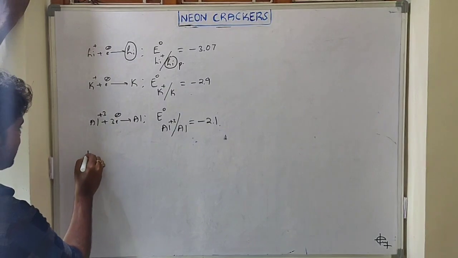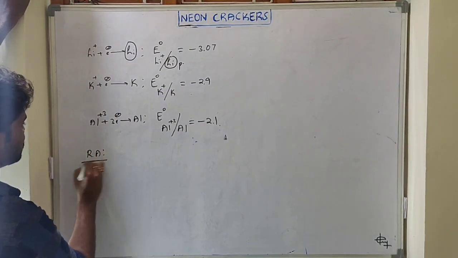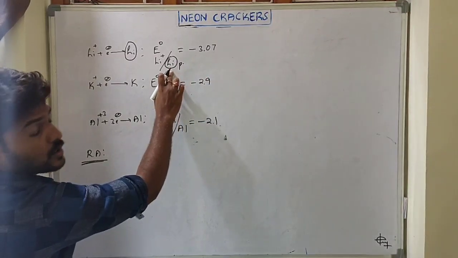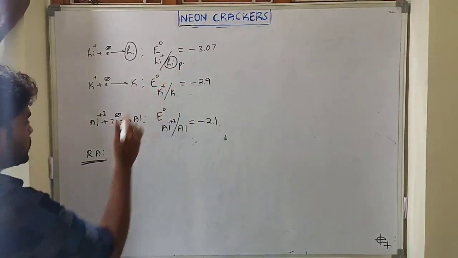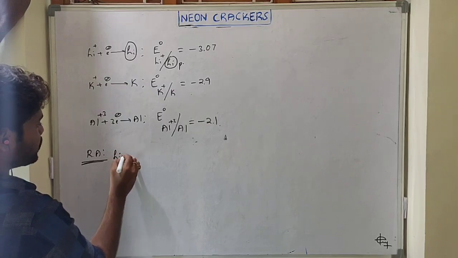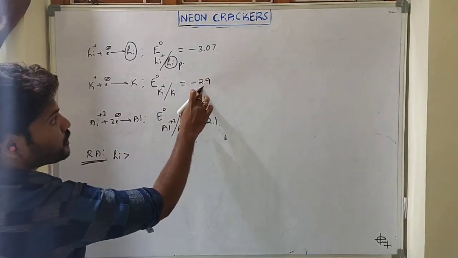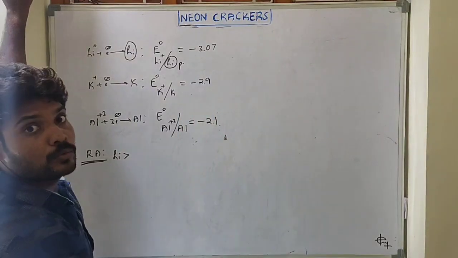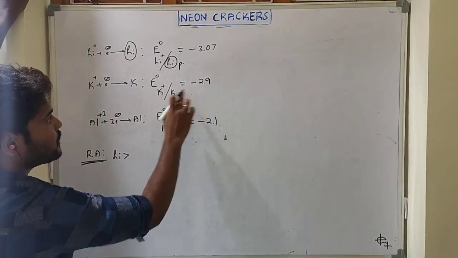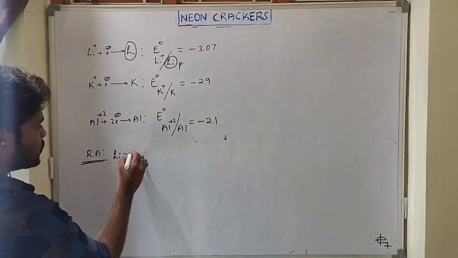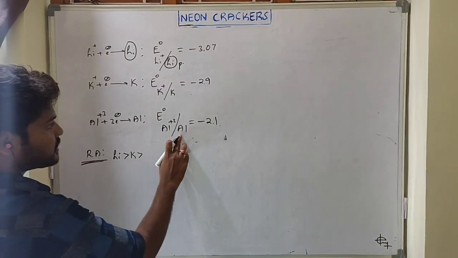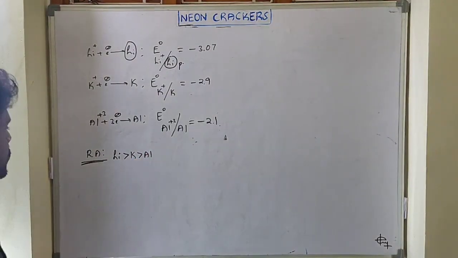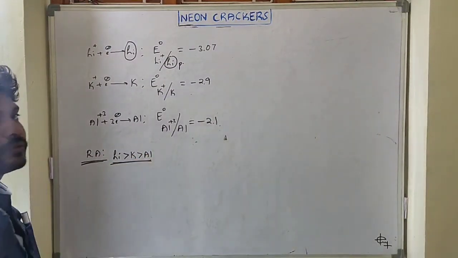So what is the reducing agent order? The strongest reducing agent is the one with the more negative value on the product side. So what is the product here? Lithium is a product. Next, the more negative value is 2.9 compared to 2.1, so this is a somewhat more negative potential value. But which, product or reactant? Product. So the product is the next reducing agent, and the next one is aluminium. We have to find the reducing agent like this.